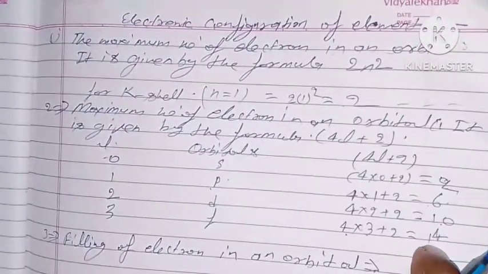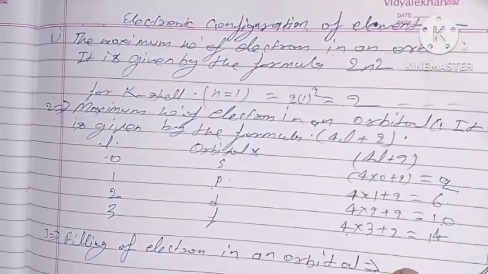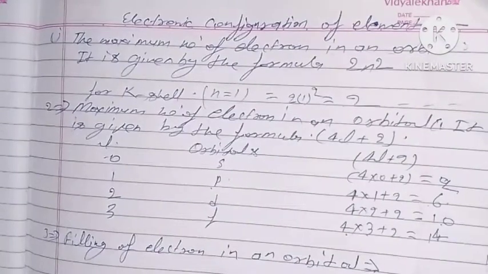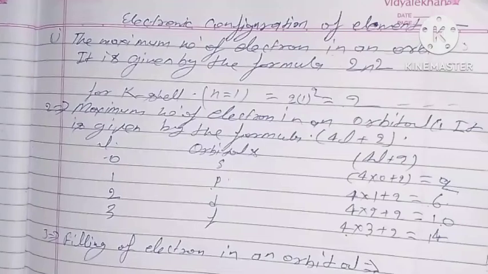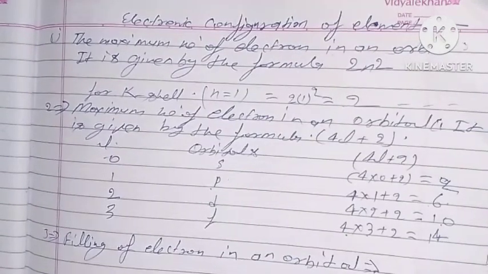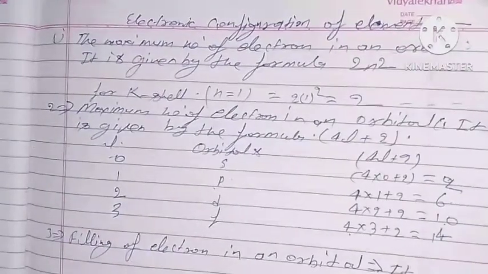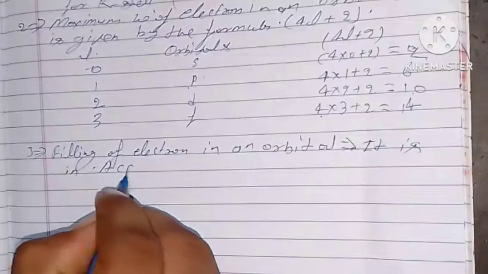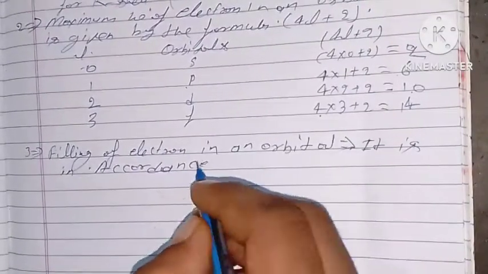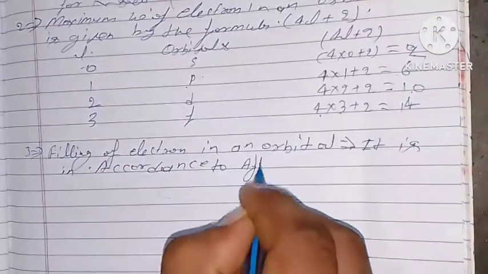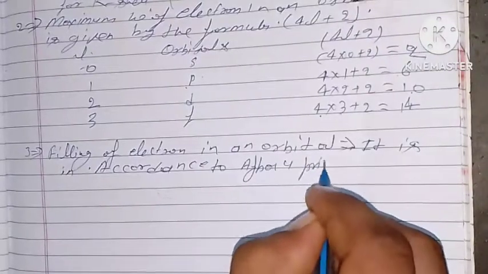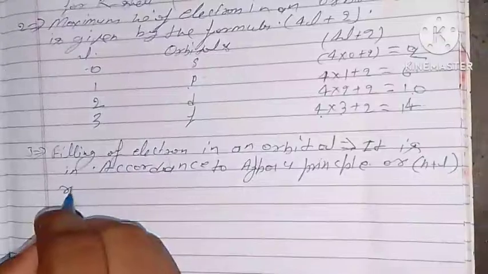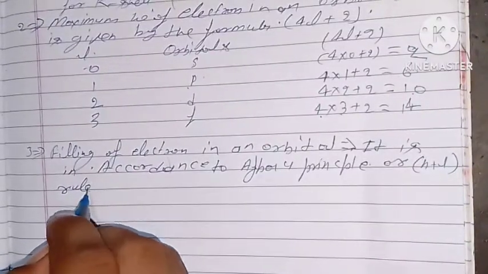It is in accordance with the aufbau principle or the n plus l rule. Orbitals are filled with electrons